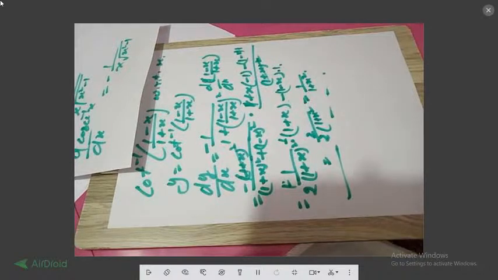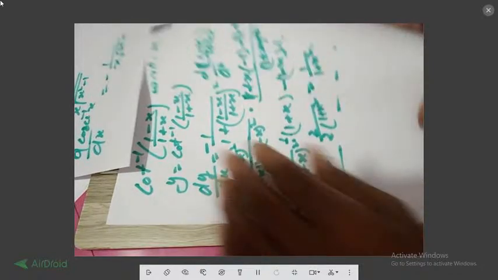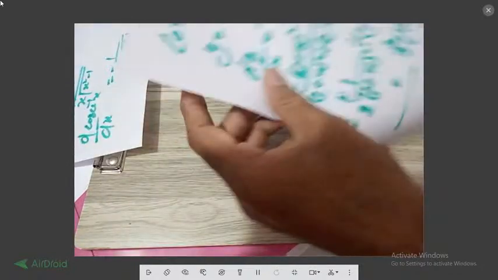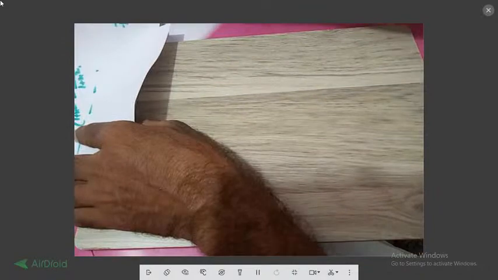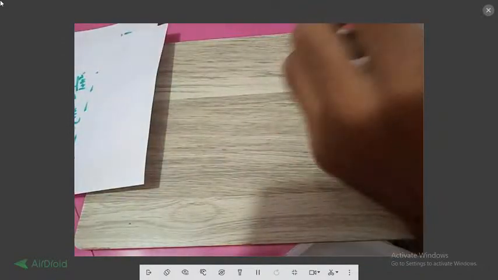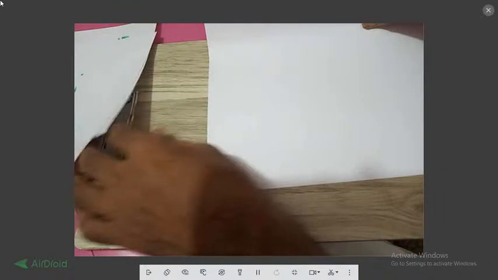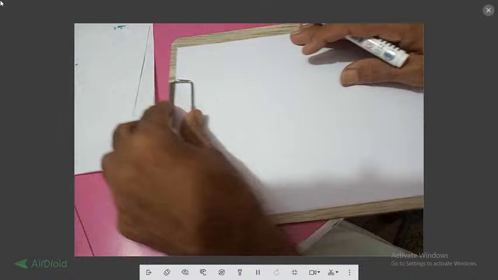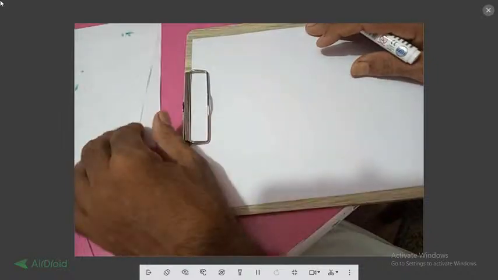Now we talked about the differentiation of functions whose terms are in square form. We cannot solve these directly. Why? There are some questions. I told you this. Suppose x square